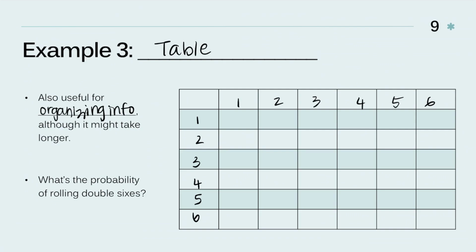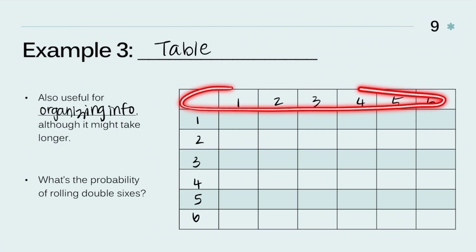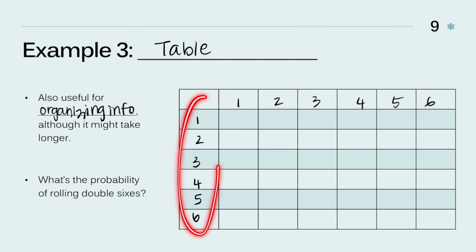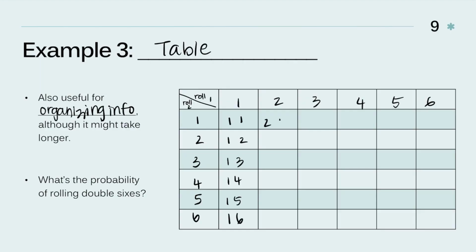So each of these represents one dice or one roll, I guess. So that's roll number 1 and that's roll number 2. We'll do that. Roll 1, roll 2. It really doesn't matter which order you take. So this would be 1 and 1. This would be 1 and 2. This would be 1 and 3, 1 and 4, 1 and 5. And you can kind of see,